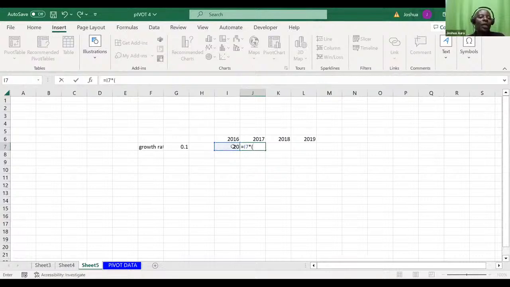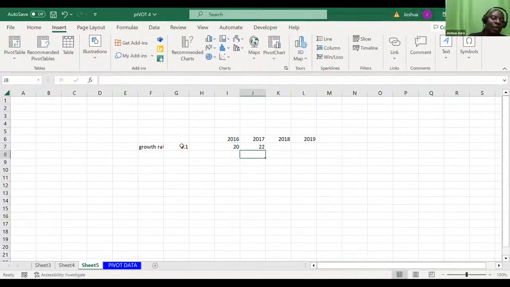If it's growing, then I have to use 1 plus R. So we have 1 plus the R, the growth rate here, which is this 10. Then you close bracket and hit enter. So in this case, the 2017 figure will be 22.